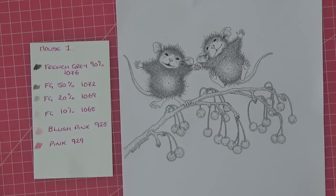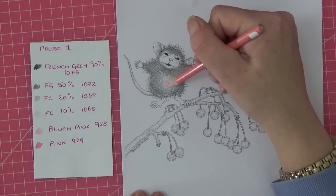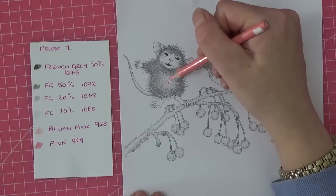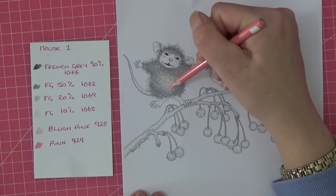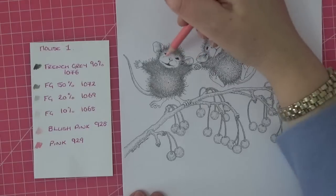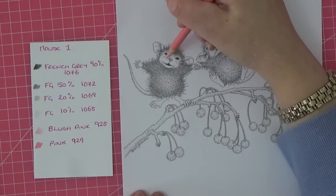with another pencil that needs sharpening. I'm going to go in with my blush pink. So I'm going to do a little bit round his belly button, because he'll have a little pink tummy just in here. Little pink tummy. There we go. And he needs a pink nose. So in with our blush pink. And I'm going to give him pink cheeks